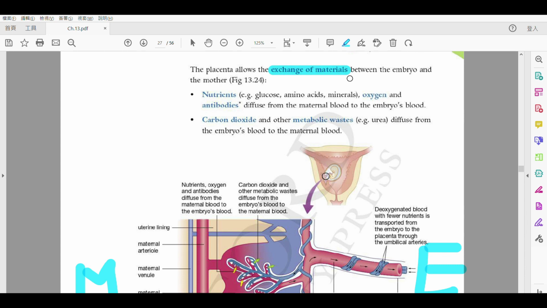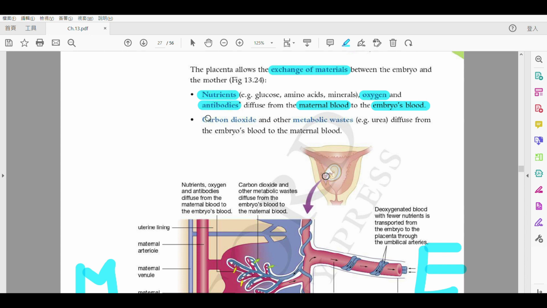Okay, so there is a material exchange between the embryo and the mother. 咁然啦 what will be carried from the mother to the embryo? 咁當然就會係 including nutrients and oxygen 嘅。One more special thing 就係一個 antibodies，自己讀一讀啦。Antibodies 就係解一個抗體。Okay, so it is a good thing from the mother and then given to the embryo. Okay, so this will be diffused from 呢個 maternal blood 啦，去到呢個 embryo blood 嘅。